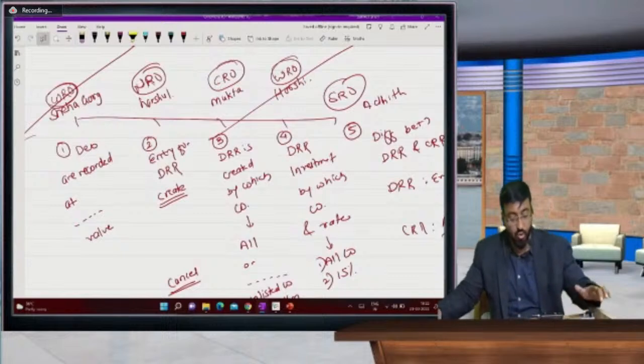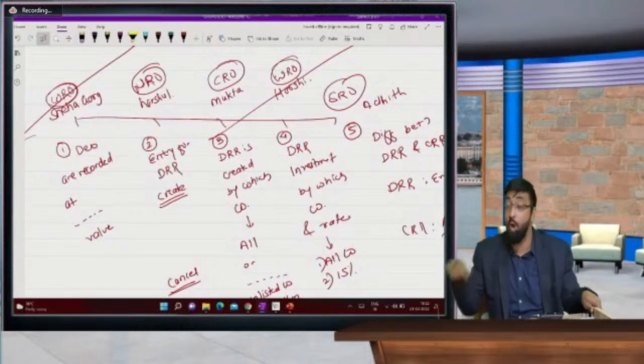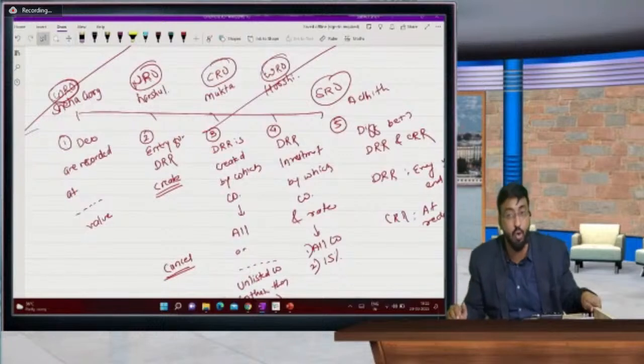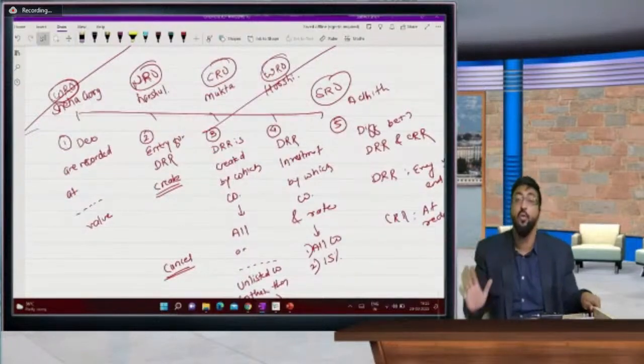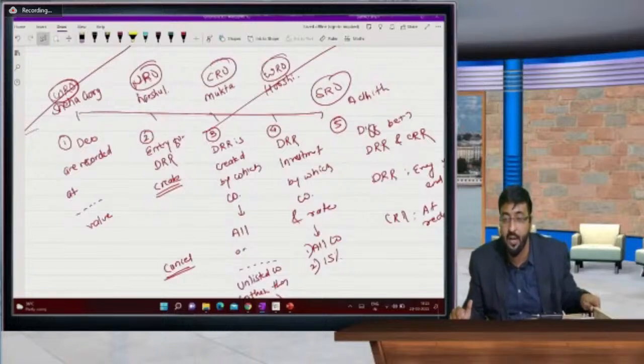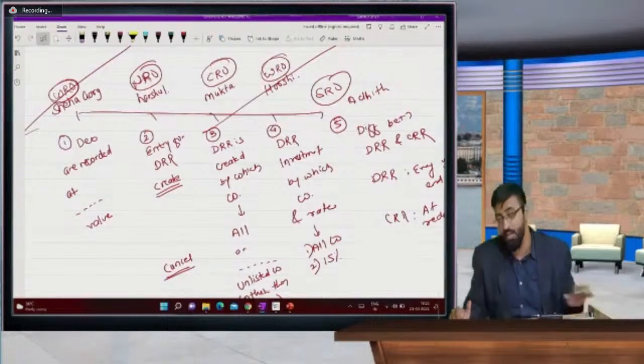Come on, so yes, this is all for the concept part. Still, if you have questions, if you can answer all these 5 questions, you are not left with anything, beta. Now your concepts are 100% clear. Just want to tell you about the pro formas that I will take at the time of solving illustrations. So don't worry, we are going to take some illustrations after this break. So let's take a break up to 7:30. Chalo, take a break.